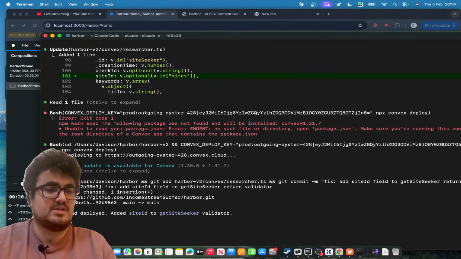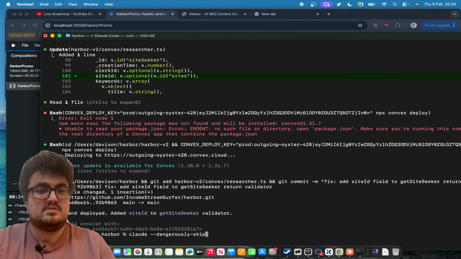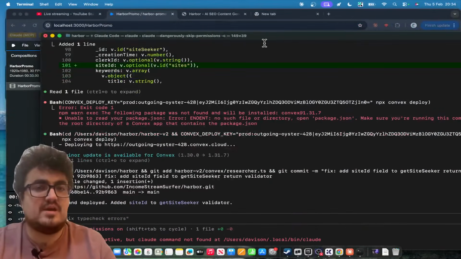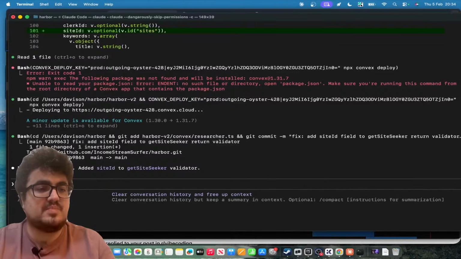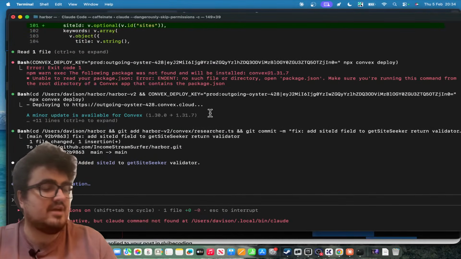I probably need dangerously skip permissions just because I am streaming. So yeah, guys, this is the time to ship right here, right now. Let me show you possibly the most powerful workflow that you've ever seen, and I haven't shown this live in